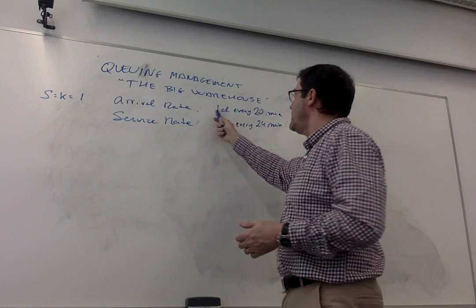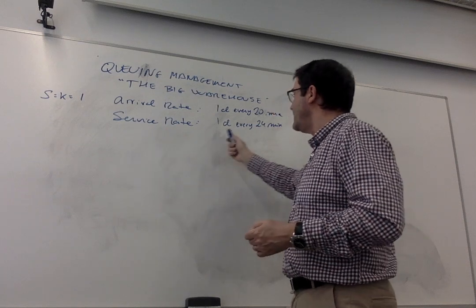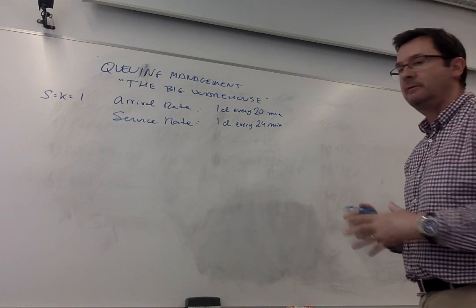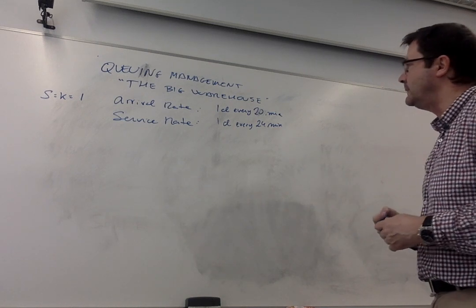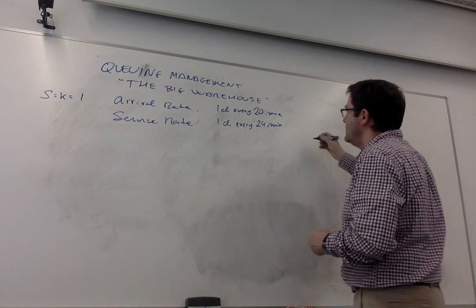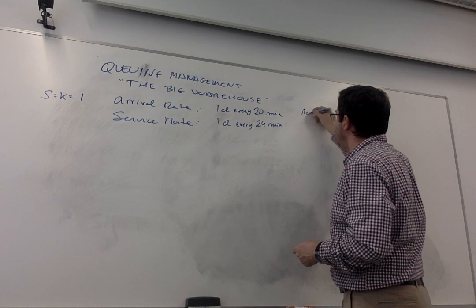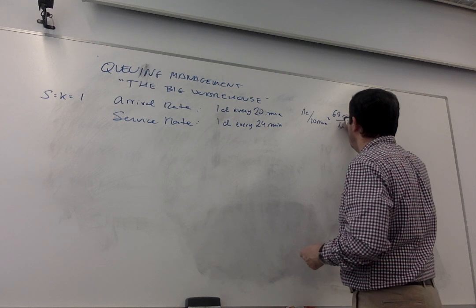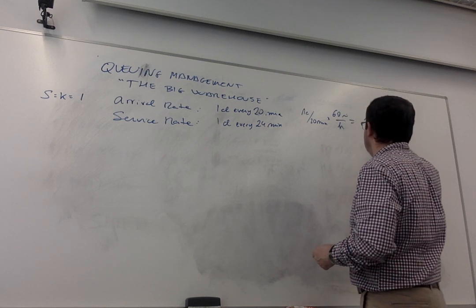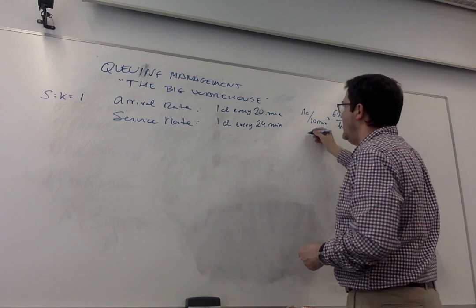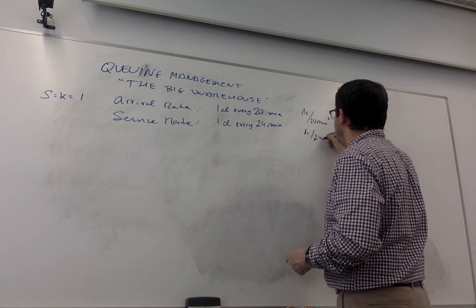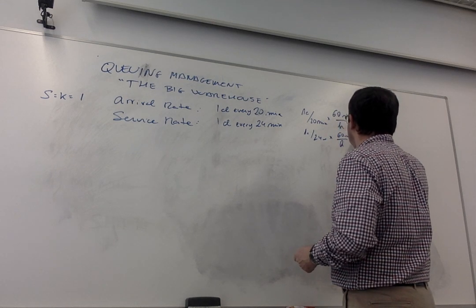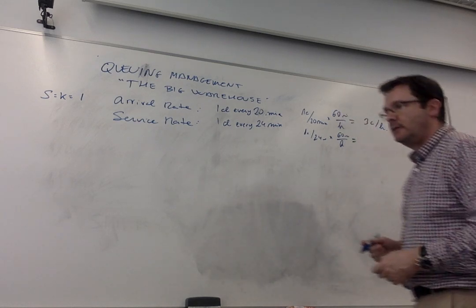All right, we have this situation. The arrival rate is 1 client every 20 minutes, and the service rate is 1 client every 24 minutes. We like to express this rate in units per hour, or clients per hour in this case. So we will say that this is 1 client every 20 minutes, 60 minutes, 1 hour, and we'll have that this is 3 clients per hour, right? And in this case, we have 1 client every 24 minutes, divided by 60 minutes, 1 hour, and this will give us, I don't know it,